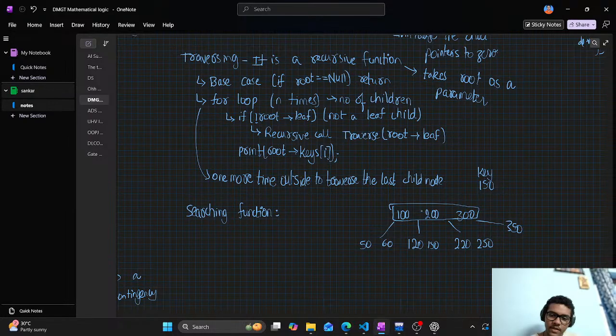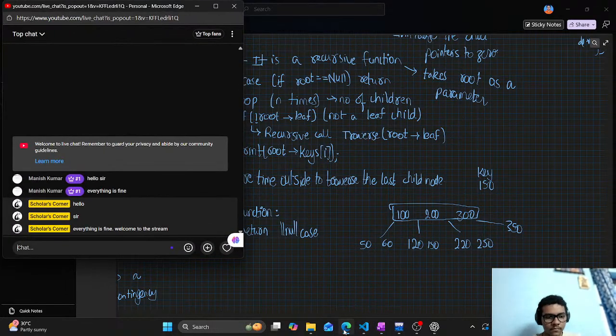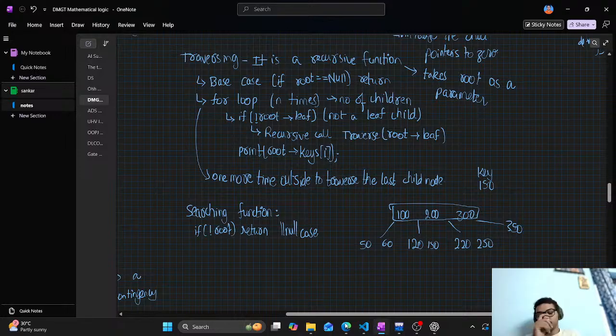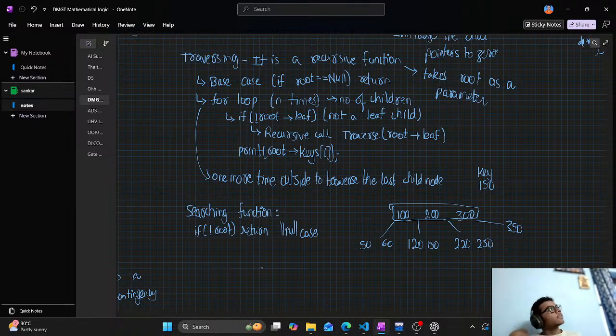So, if you need to search for an element, if not root, just return. This is a null case. Right, if there is no root, then you are just going to return. So you are going to iterate, you will initialize int i before the while loop